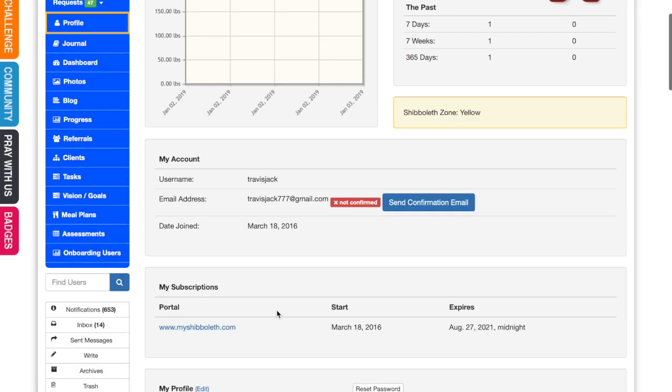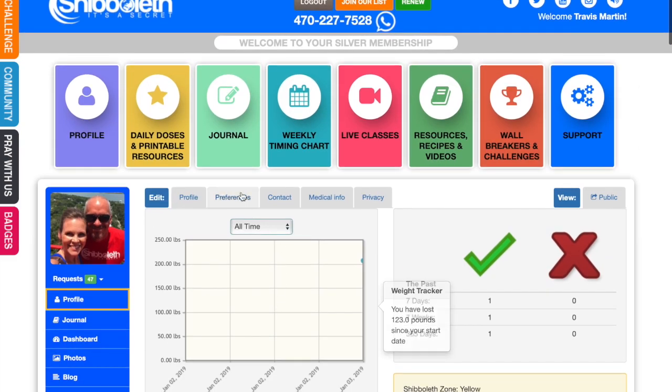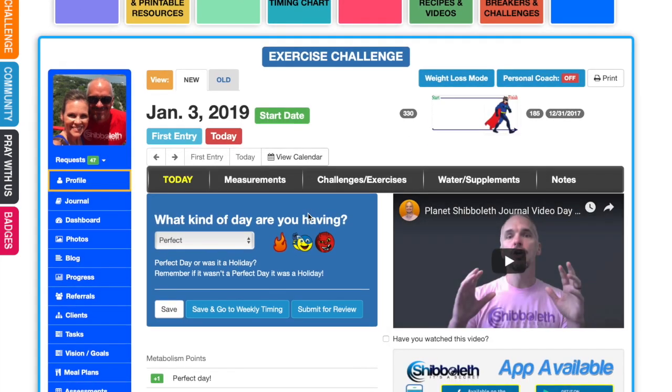All right, now, with that said, I'm going to go into my journal. There are things in here to play with. You're not going to mess anything up. Be careful, you might lose some archived data that you've inputted. You won't lose anything that we've input, but you might lose some stuff you've inputted. So be careful what you delete. But nevertheless, you're not going to mess anything up, okay?